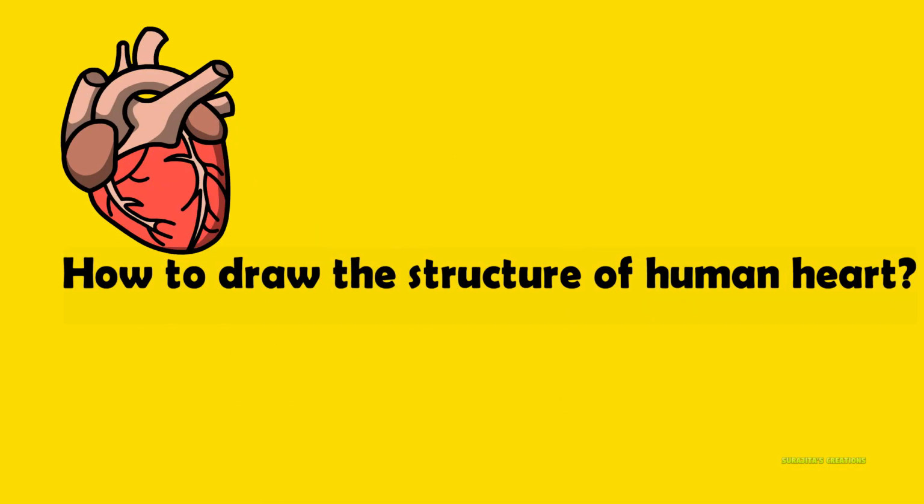Dear students, let us learn the easy steps to draw the internal structure of the human heart and the associated blood vessels. Let us start from the apex of the heart. Draw the structure roughly triangular. There are two curves on the lateral side, one on the right and one on the left. Now two circles at the center to locate the two blood vessels.